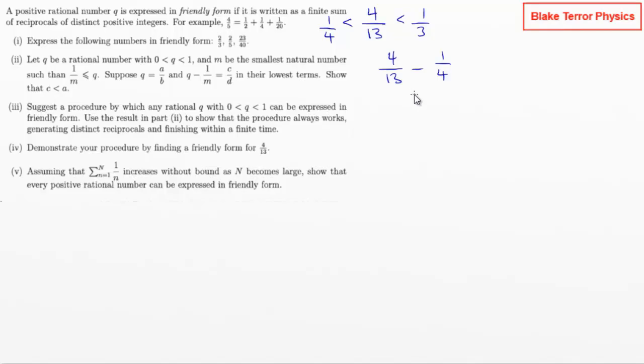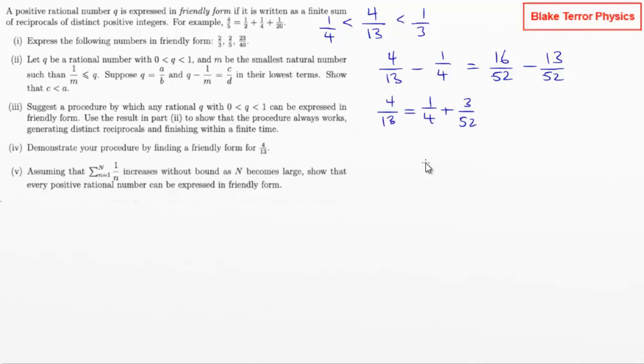So that's going to be 52. We want each one of these over 52. So that's 16/52 minus 13/52. So we've got that now that 4/13 is equal to a quarter plus 3/52. Right, 3/52 then